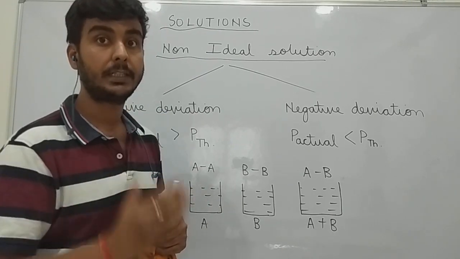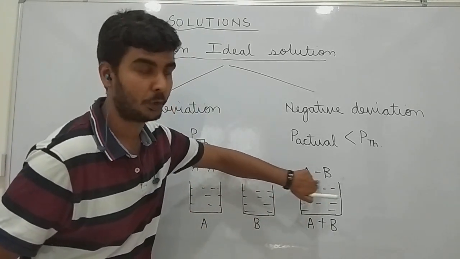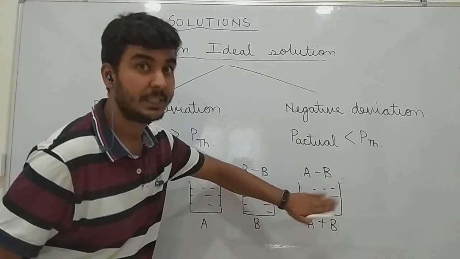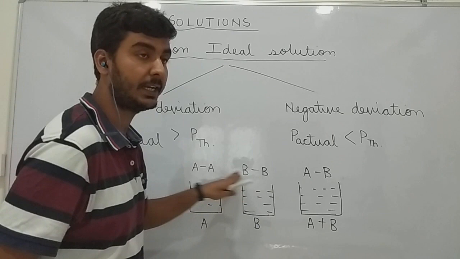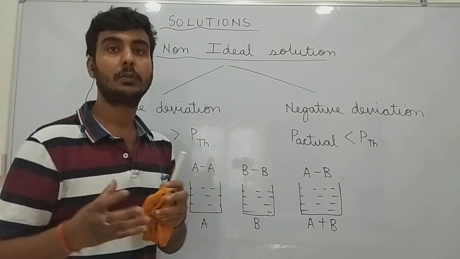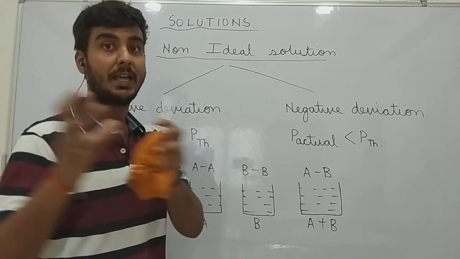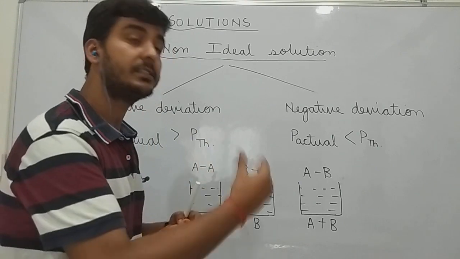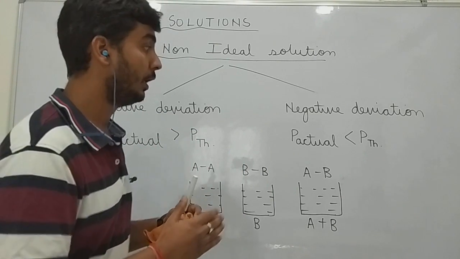Now, the theoretical result which we calculate using the formula given by Raoult's law is under the assumption that the force of attraction between these two different types of molecules, that is molecules of A and molecules of B in this solution, is somewhat similar to the force of attraction between molecules of AA and BB, which is not very correct, because how can the force of attraction between molecules of two different components be the same as the force of attraction between two similar types of molecules? So that is the reason for positive or negative deviation from Raoult's law.